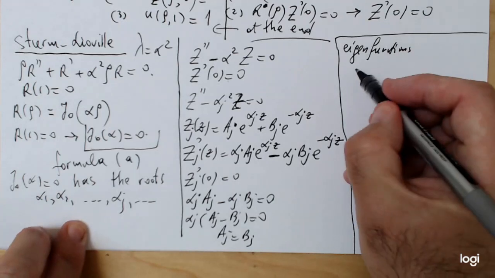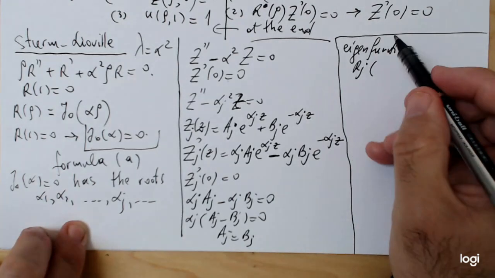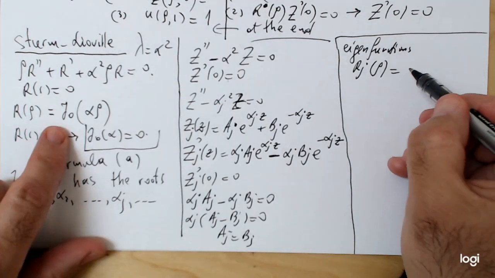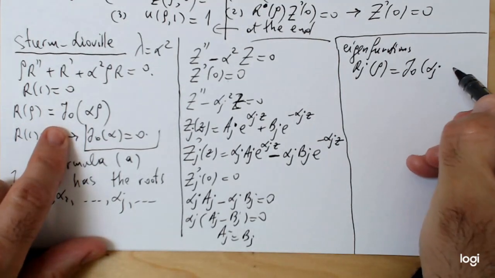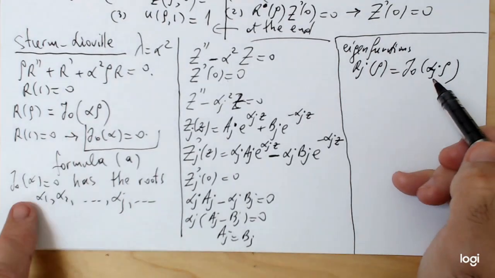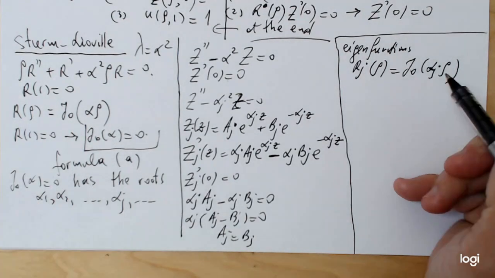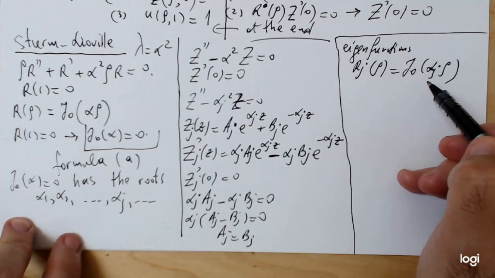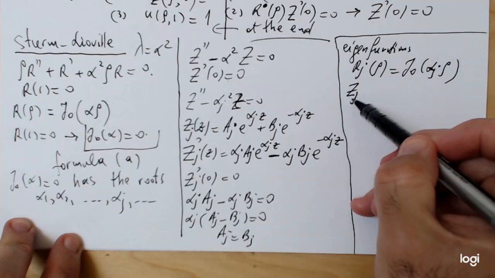So the eigenfunctions Rj of rho are nothing but J naught of alpha j rho. Alpha j's come from the eigenvalues, the roots of this equation. Rj, J naught of alpha j rho is your eigenfunction. For each Rj, you just found